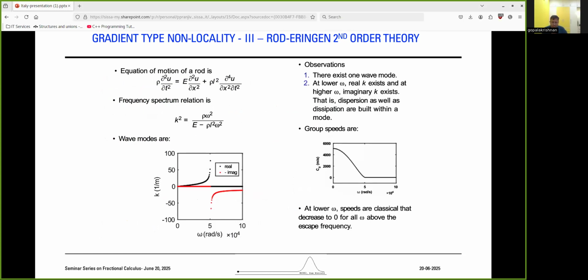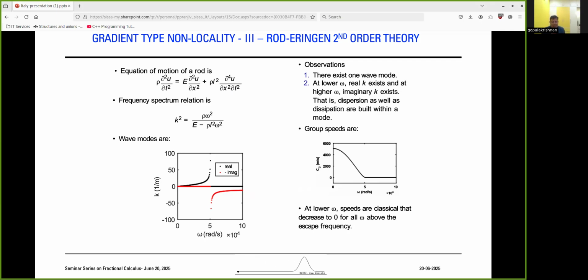So next we take the Eringen theory, and the equation of motion is given here. You will see this is a unique equation which has a partial derivative in time and space, and a mixed derivative which is a function of both x and t. If you do a frequency analysis, you will get a wave number which has a numerator and denominator. There is a chance that the denominator can go to zero. That means the wave number will go to infinity, and the frequency at which it happens is called the escape